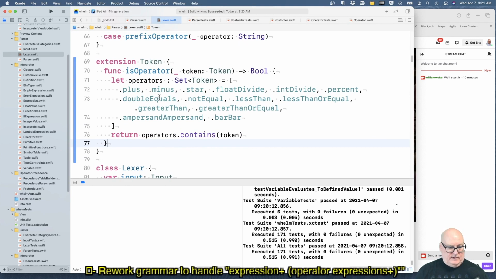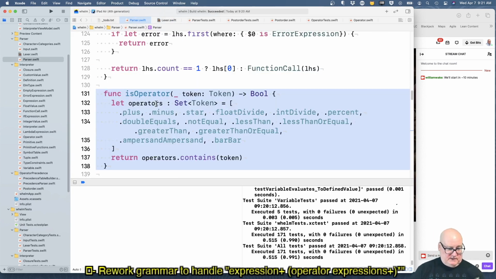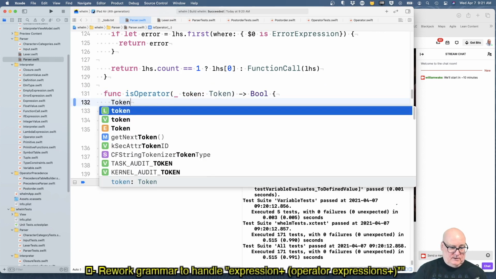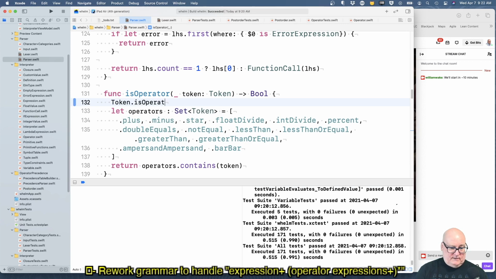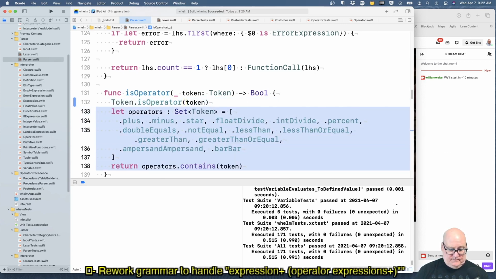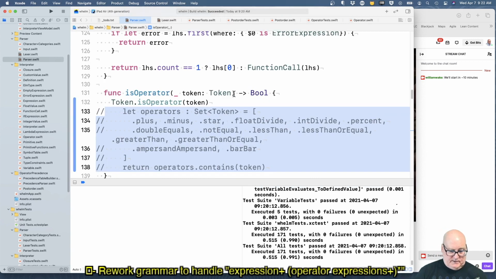Is an operator. Well, let's start it this way. Static function is operator. We'll just move it slowly. So I think now I should be able to say token.isOperator(token), and that implicitly returns.